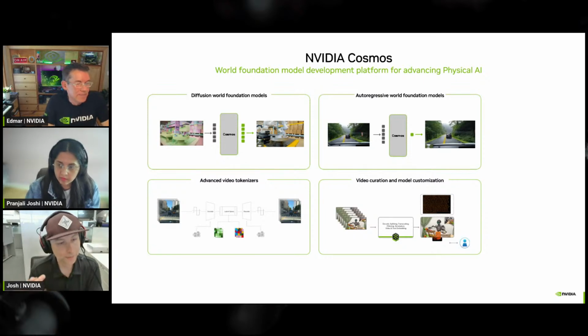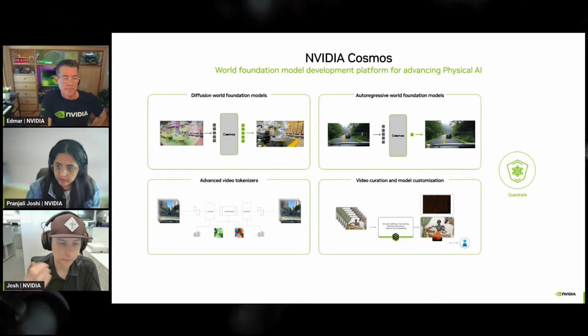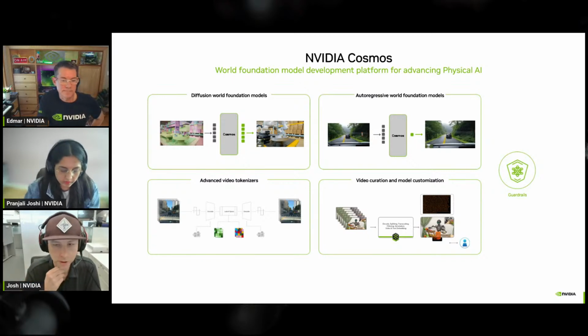And I think the last little thing that'll show up there, if you click one more time, is that all of this is released with NVIDIA's guardrails, just to make sure that all of this technology can be used for good, and we try to do a really good job of making sure that any sort of inappropriate use could be handled that way. Amazing.